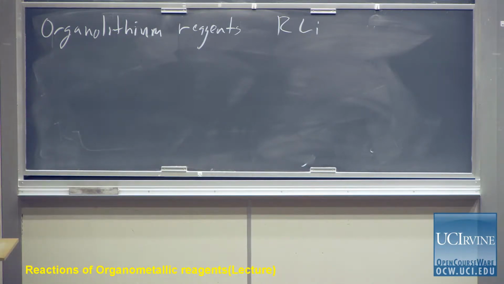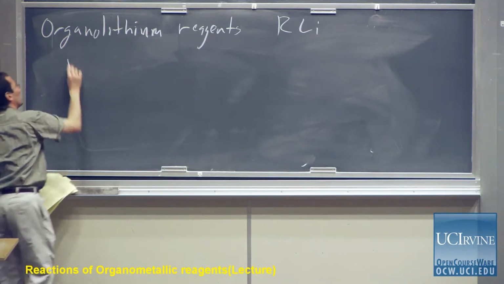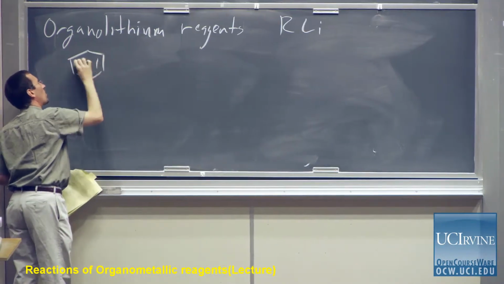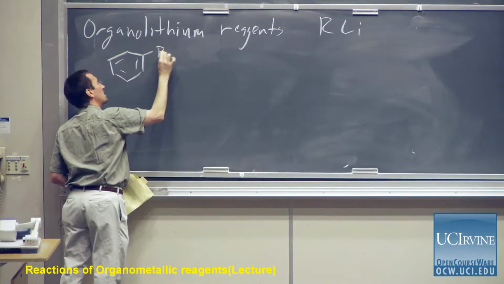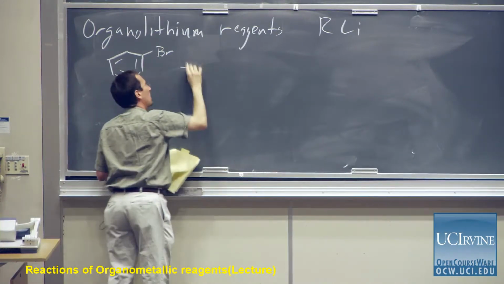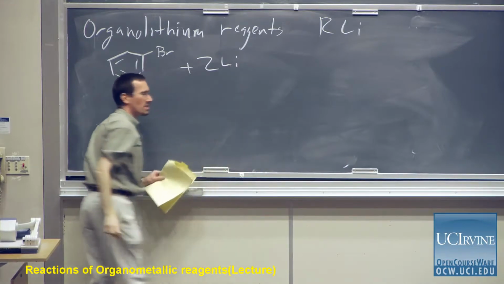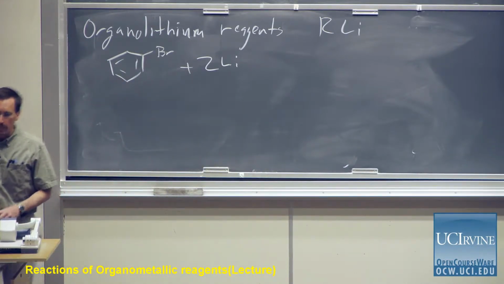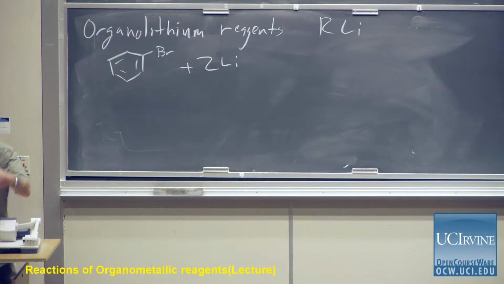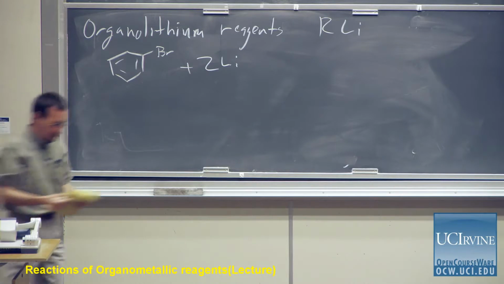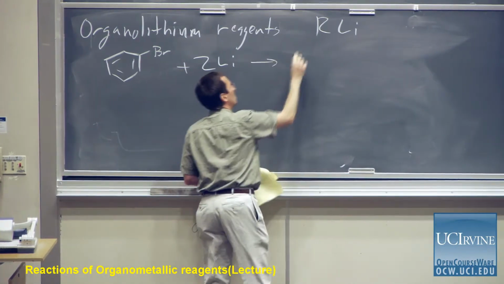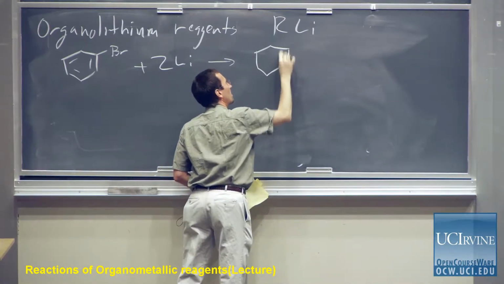Organolithium reagents are formed by reacting alkyl or aryl halides, again, we're talking iodide, bromide, chloride, with lithium metal. If I write a balanced equation, say, for bromobenzene and lithium, it takes 2 lithiums. And that makes sense if you think about it, right? We're carrying out a 2-electron process here, and lithium has 1 electron, whereas magnesium has 2 electrons. And so a balanced equation becomes that we get phenyllithium